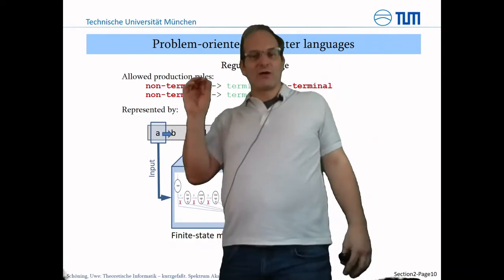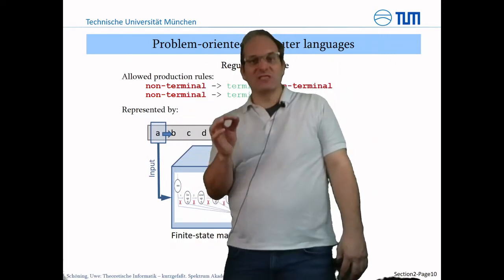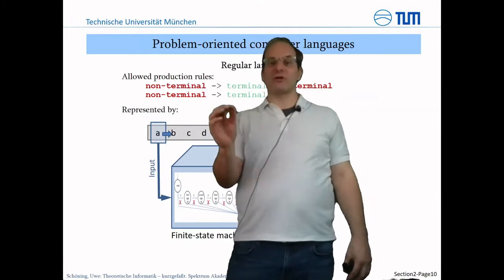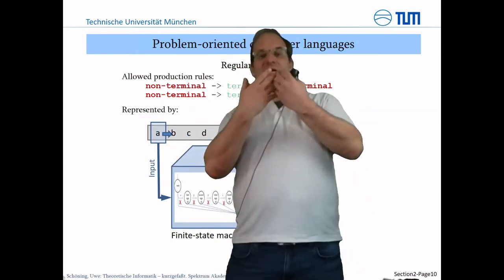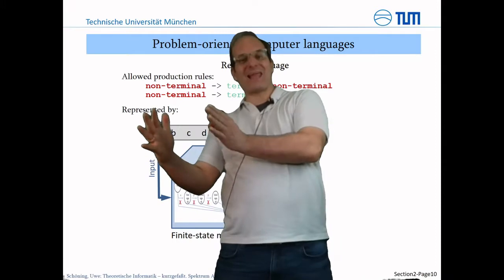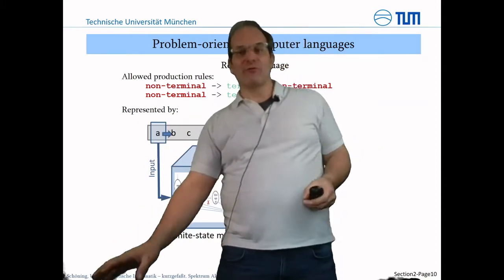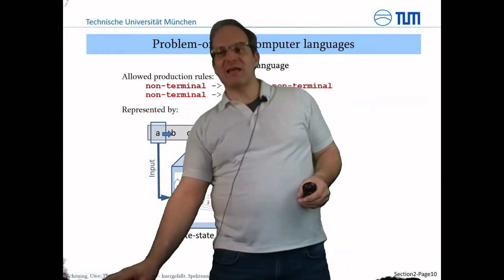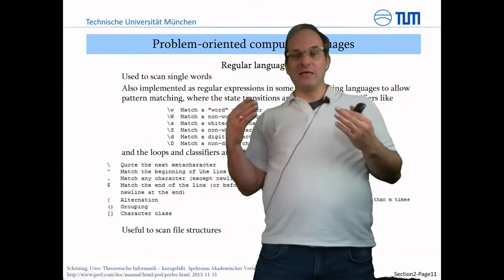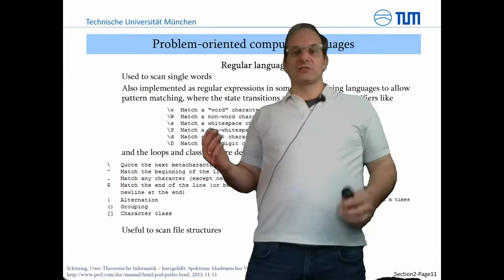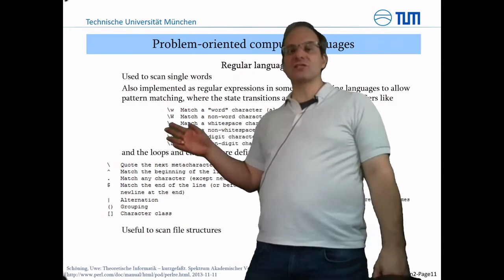And therefore, all modern programming languages have regular expressions, or an implementation of a regular language, as part of the language. So you will find things like that in the programming language, so that you can make combinations